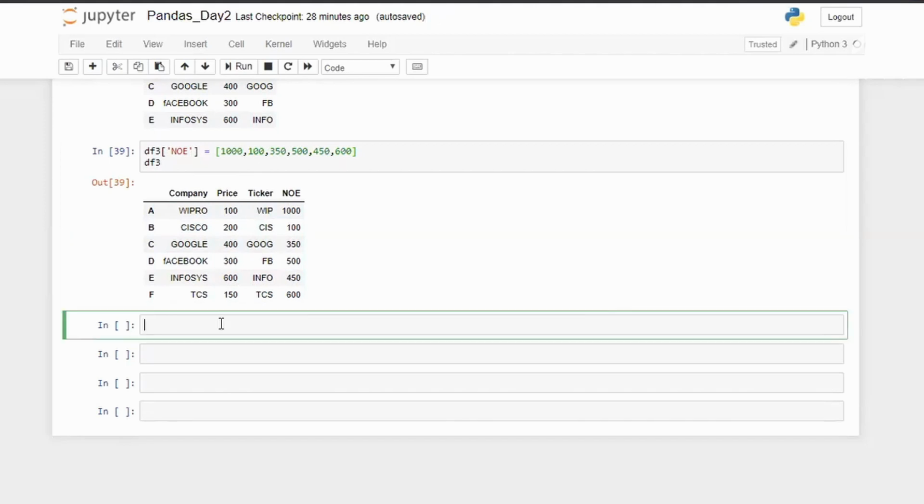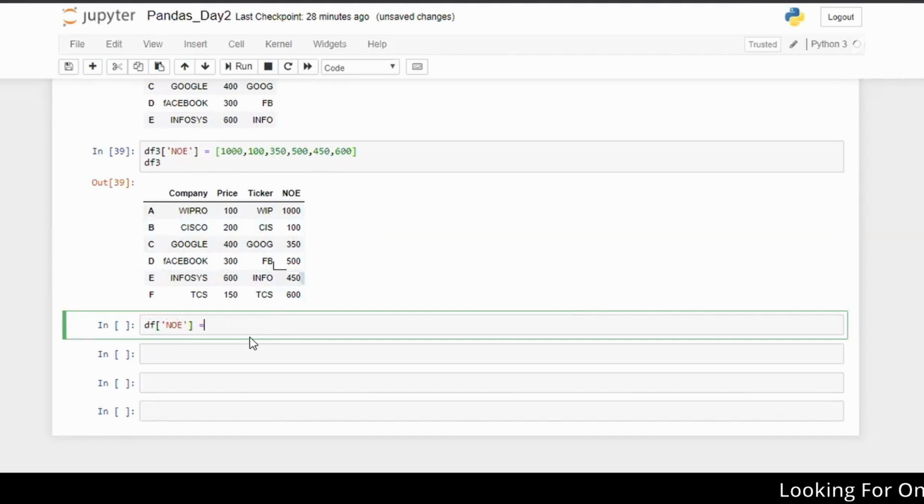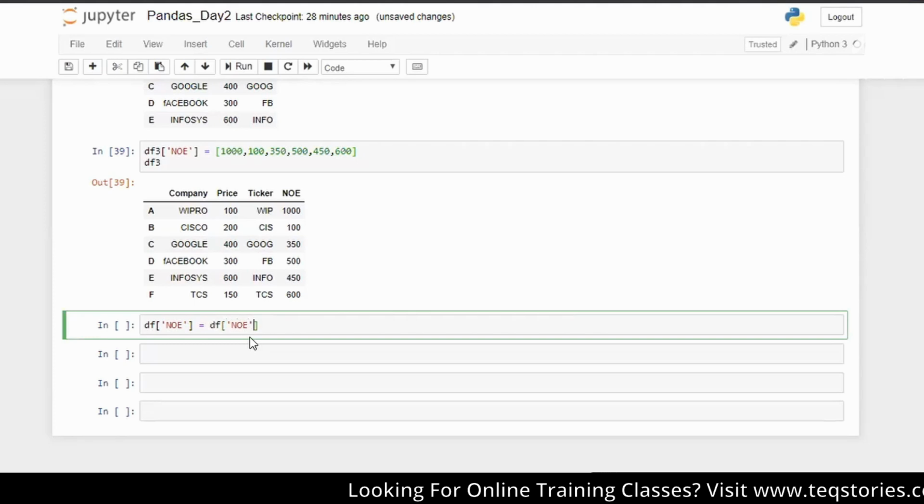So if you want your NOE to decrease by some value, just write df of NOE equals df of NOE minus 200.